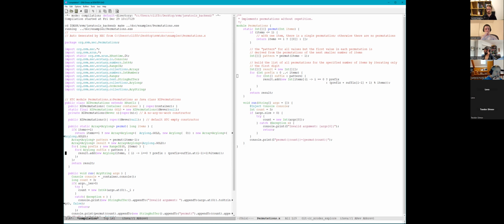So two lines down here, result add new array long. Let's look at the XC code for this guy. I'm making an array new int of length of items, and I'm passing it a function, and that function is how you initialize the array. So I hand you a function, and then I'm going to iterate over the elements for the length of the array and fill in all the items. You'll notice prefix is being used here as a value that comes from outside the lambda expression. So the Java lambda expression is right here for the same thing, and you'll notice prefix is in there, which means for a Java lambda, prefix here has to be effectively final.